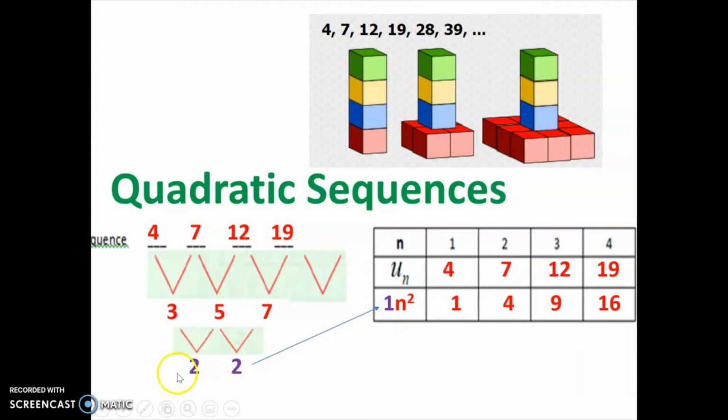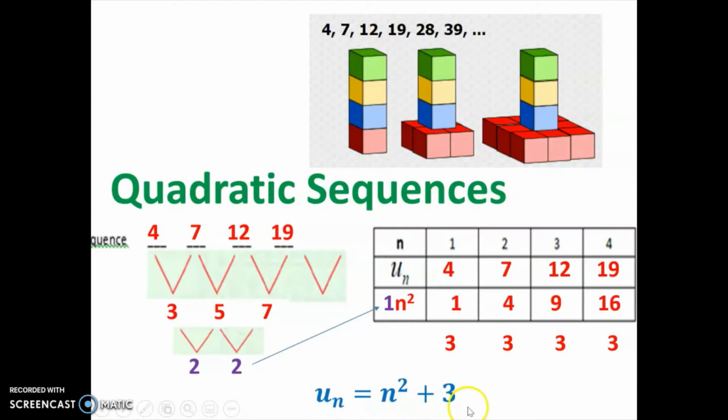And again, this is one of the simpler ones. When we see a 2 here, we know it's simple because we have a value of 1 in front here. So now we look for the linear pattern here. In this case, we needed to add 3 every time to turn our simple quadratic into our actual sequence. So if we're adding 3 every time,